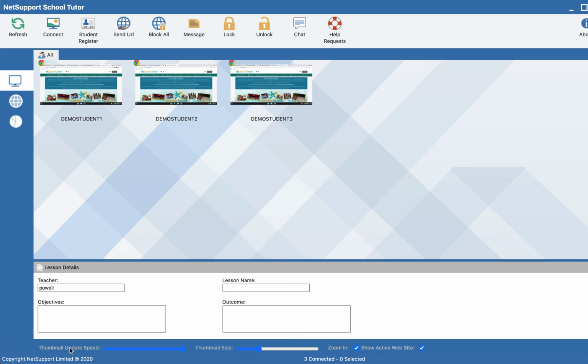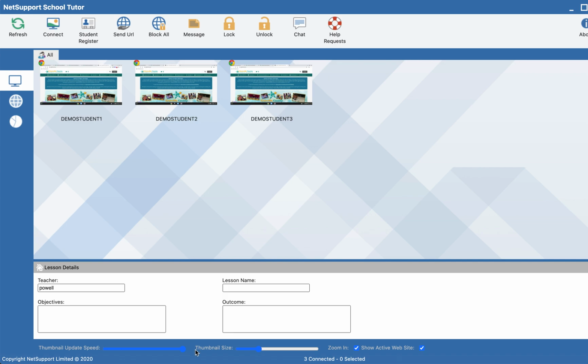So you can see I can change or update the thumbnail speed, and the thumbnails are these icons here. So if I want them to update frequently or at a quick speed along with the students, I'm going to keep it all the way down here, so for every 5 seconds. Okay, if I move it this way, the updates occur less. So you want to keep it right around 5 seconds so that you can see in real time what the